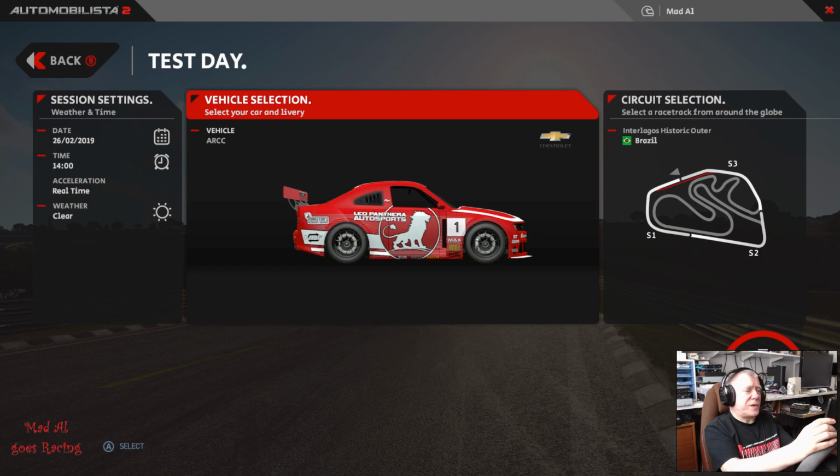Fixed wrong tread width on Formula V front tyre. I don't know if they've gone wider or narrower, but we'll soon find out because it'll either go even more understeer or maybe slightly less. Hopefully they've made them a little bit wider so there's a little bit less understeer on the front, because they were a little bit